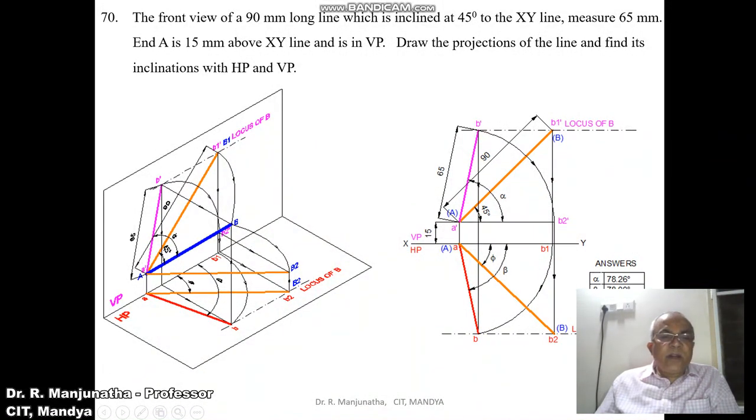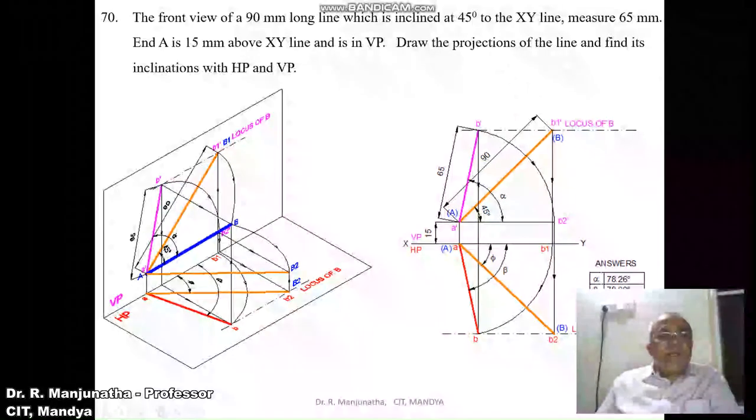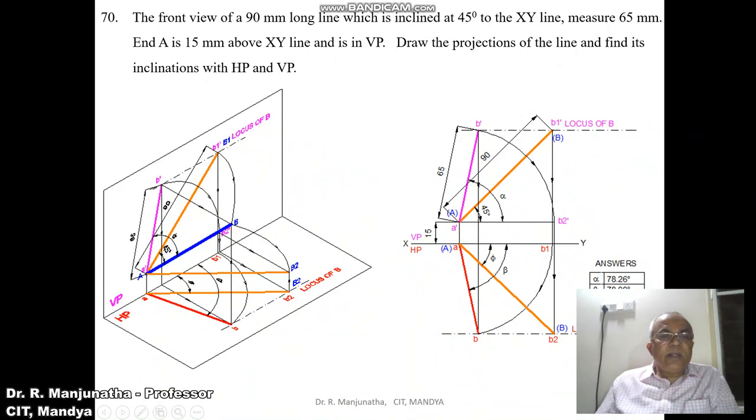Once you get the top view point, and when you draw a vertical projector from B dash, both will intersect at this point. So this is the line which is in space. So when you are rotating like this, what happens? The line which has been projected from here to here is the one which is rotated, such that it will cut this point here. So we will get the line in space. That is what we have shown in the image. So this is how it is the reverse process that we are trying to analyze.